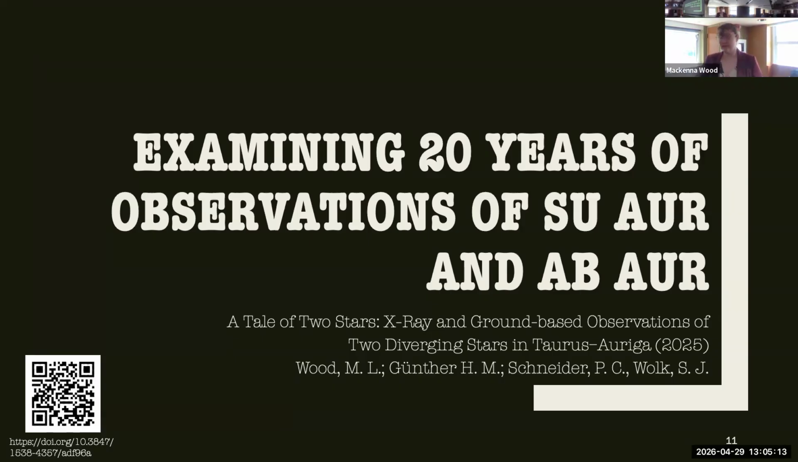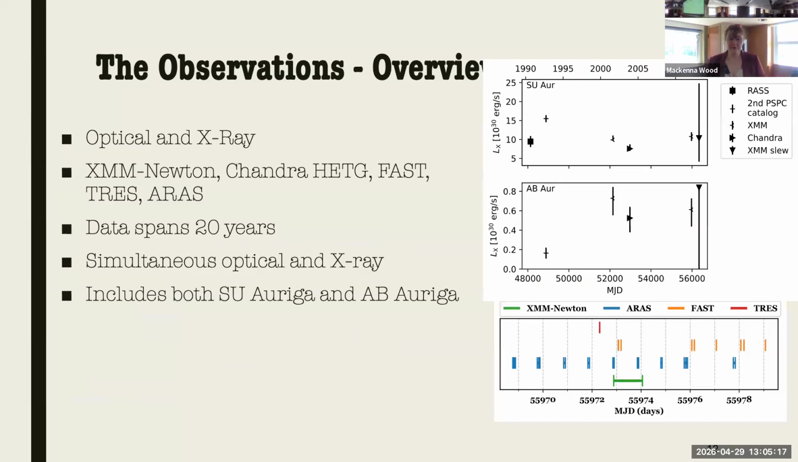The paper is published. It's there at that link. And for an overview of the observations, we have both optical and X-ray data from XMM, Chandra, FAST, TRACE, ERAS, a bunch of optical surveys spanning over 20 years. This includes some sets of both simultaneous optical and X-ray. So you can see this,